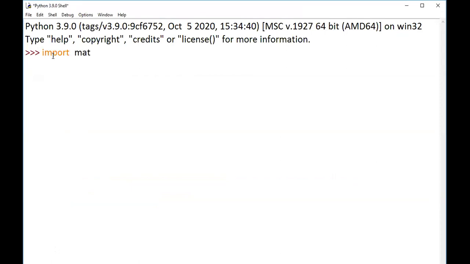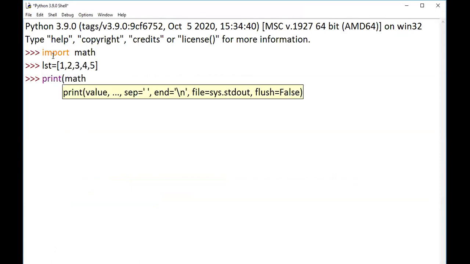Import math. Let us have a list: 1, 2, 3, 4, and 5. And here we'll go with the product. Print math dot. Let us check whether product is there.